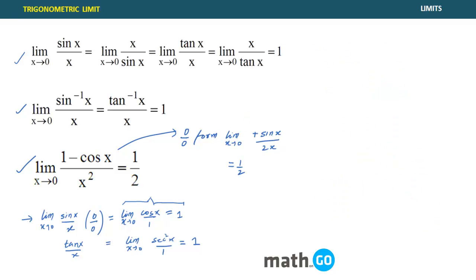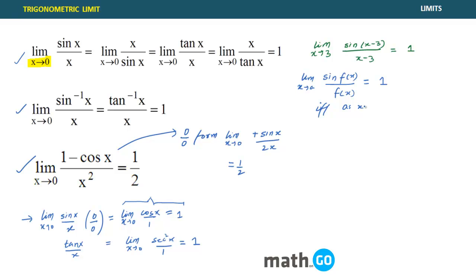Also, if I would like to generalize one property, generally people say that whenever, let me just see this. A very simple question I'll put forward to you, so you are able to understand what I'm trying to say. So the answer to this particular problem is also 1. People generally state the formula as whenever x is tending towards 0. Understand here x equal to 0 has no role to play in this formula. Why? Because the formula says that if limit x tends towards a, sin f(x) divided by f(x) will be 1